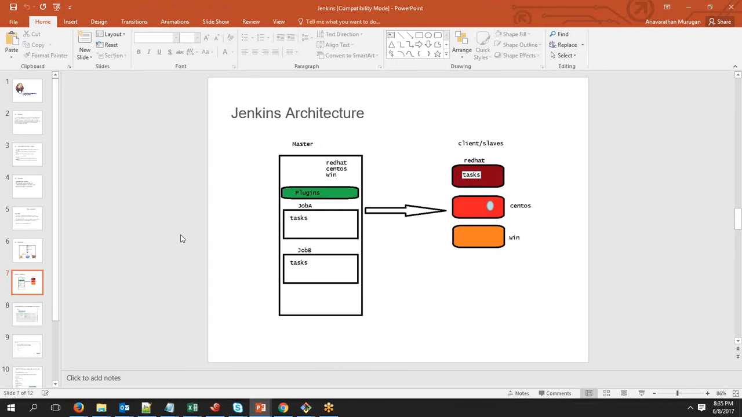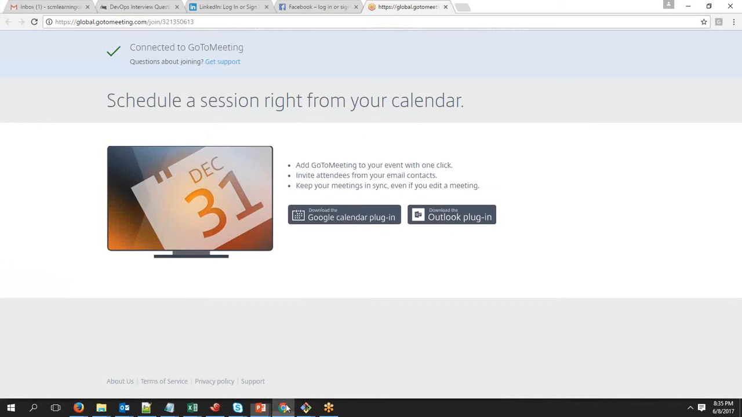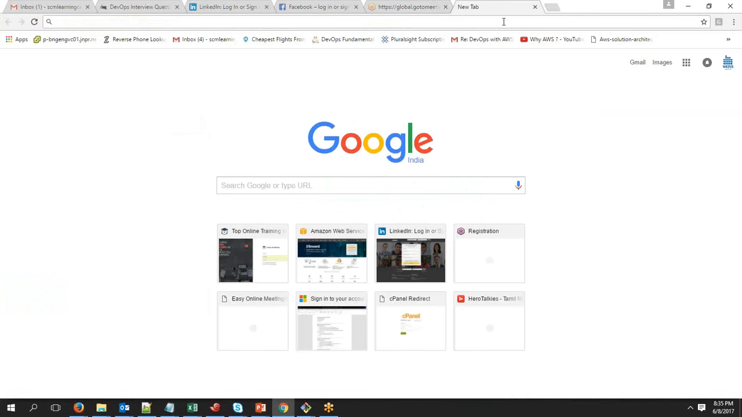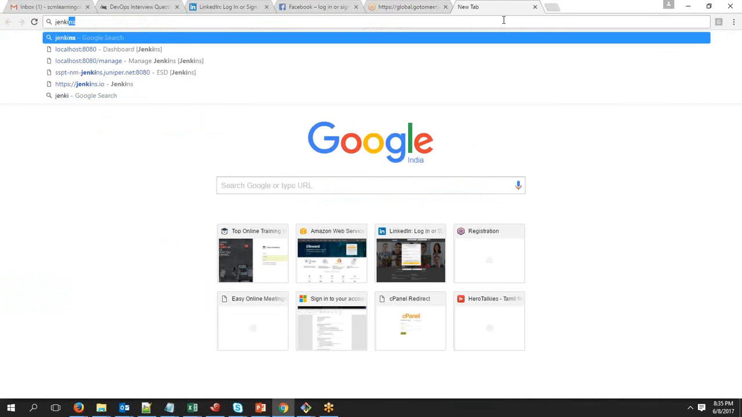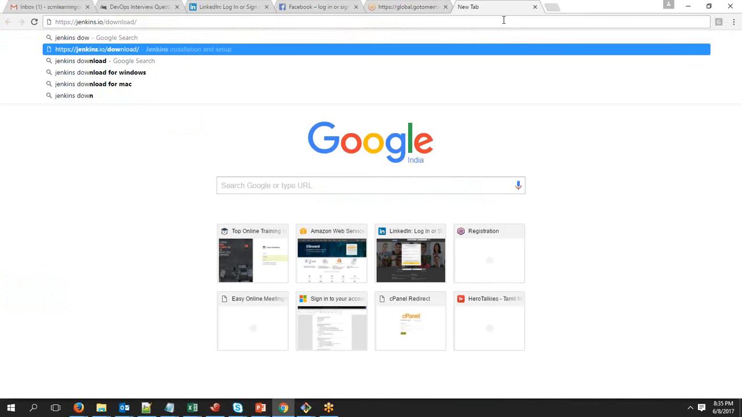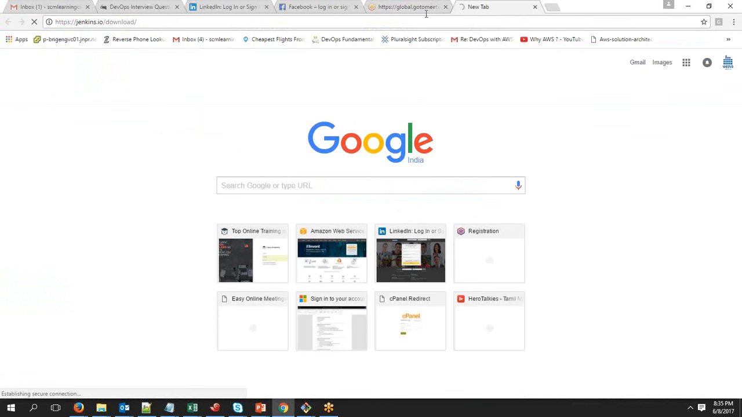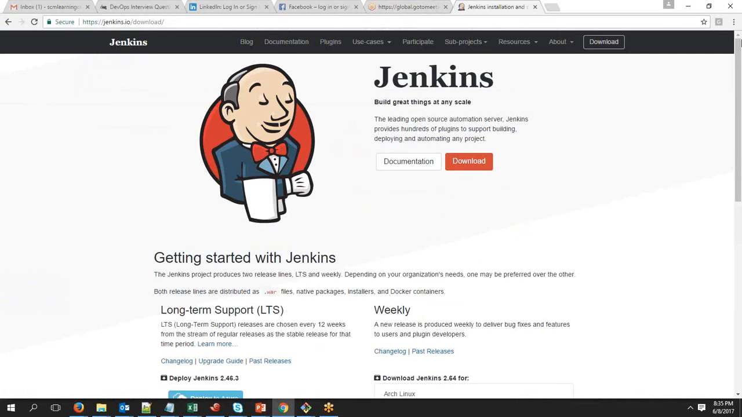Okay, so if you understand so far, now let's see how we are going to install Jenkins. If you go to the Jenkins site, that is jenkins.io, and go to the download page, you will get a page like this. Now in this